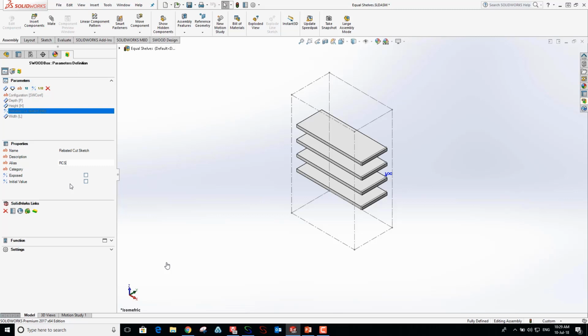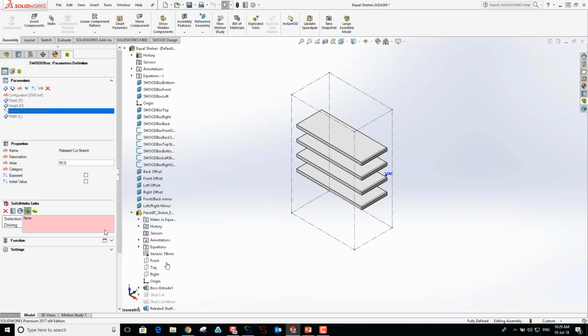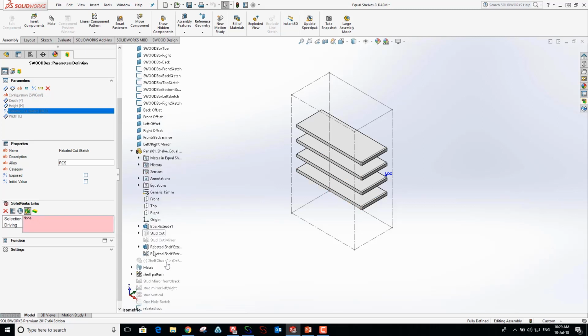So we've just given it a name, we've given it an alias, and now what's left to do is link it to a property. What this will allow us to do is specify the property which the code will ultimately control the suppression of, depending on our parameters that we define inside the SWOOD box environment. So we're just going to link that to the rebated cut,